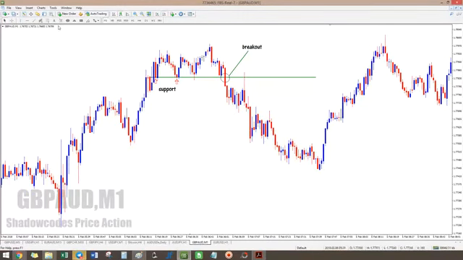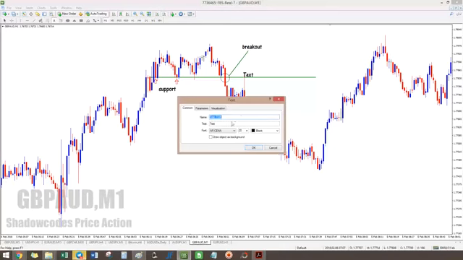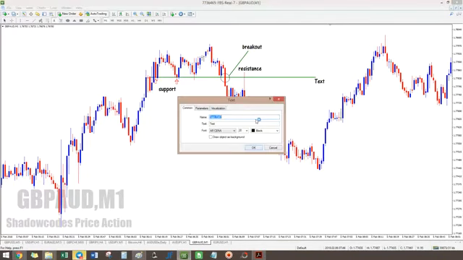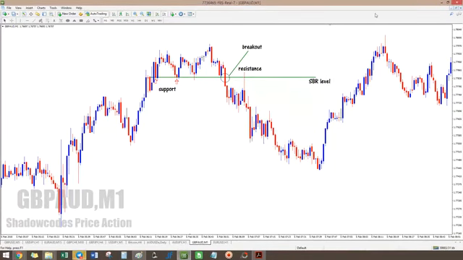Okay, this is our entry. So resistance. Support, breakout, resistance, SBR, support becomes resistance. So this is the SBR level. Okay, so Michael,